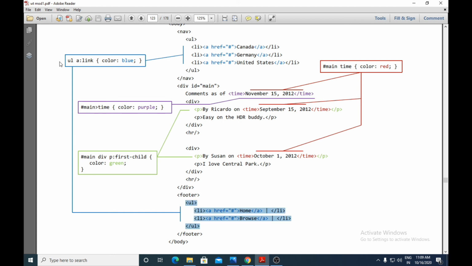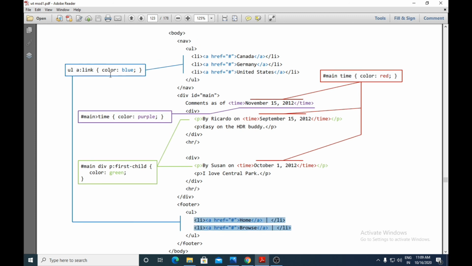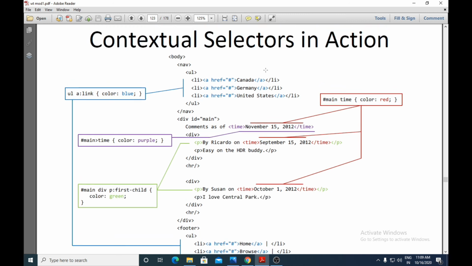So this particular style will be applied, that is, the unordered list. In that, a is the descendant and the color should be blue, so all these should be blue. How many styles here? 1, 2, 3 and 4. Contextual selector.